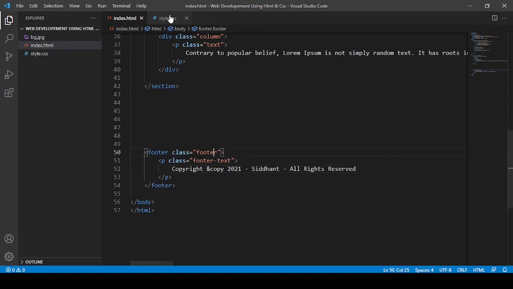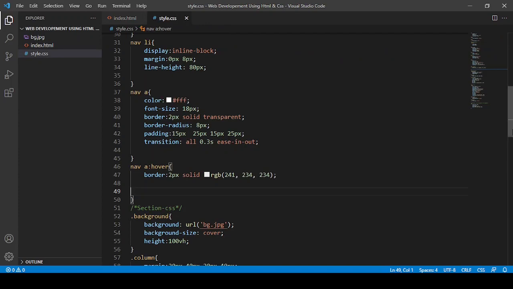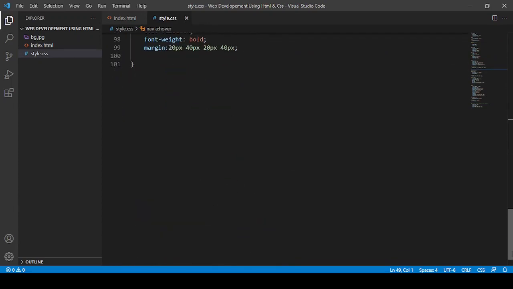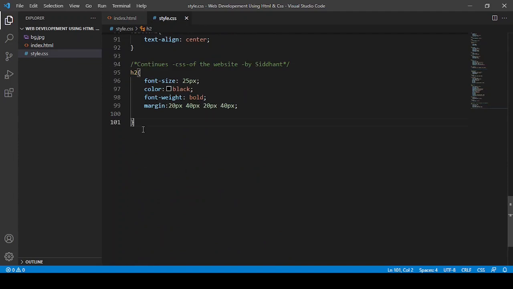And in this footer, at the last I'm going to use a comment. As I said, to make it organized you can use comments.